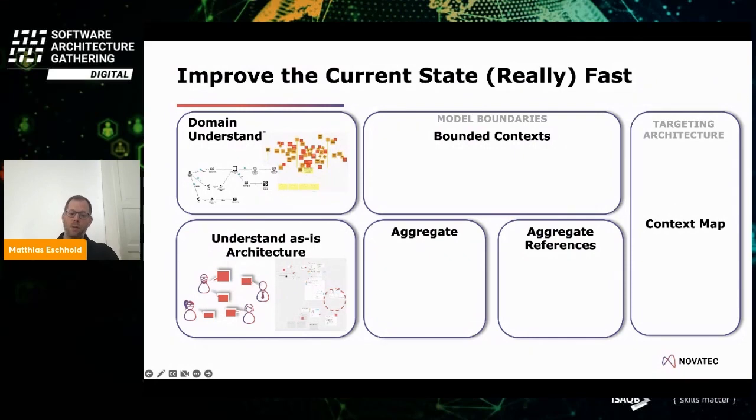Like in my current project, you may have the situation that there are no domain experts available, that the domain knowledge is really manifested in the existing system, and the involved persons are mainly technicians. Or you want to improve the current situation really fast and would not run this big discovery upfront. You go really fast into the source code, into the analysis of the current architecture, and identify there the points that are necessary to extract